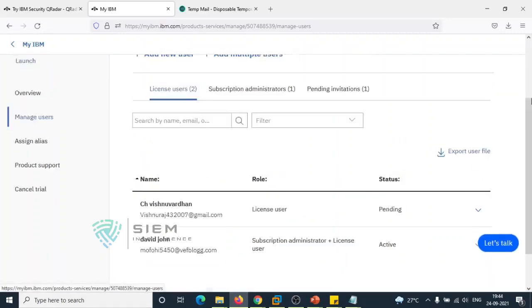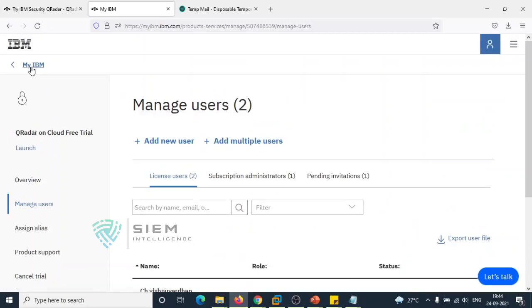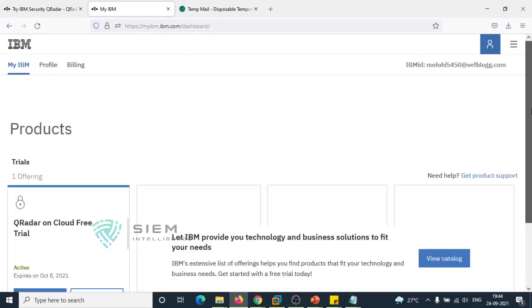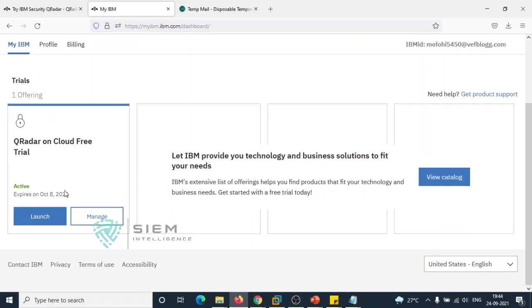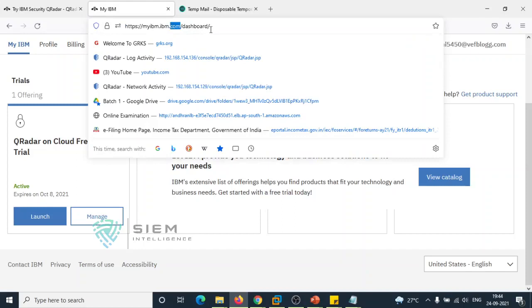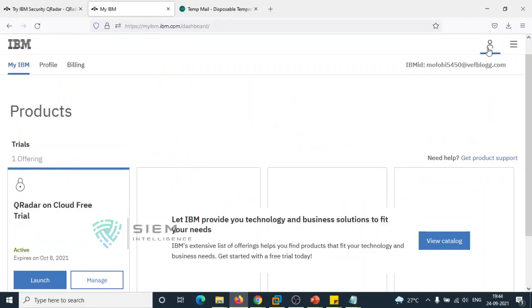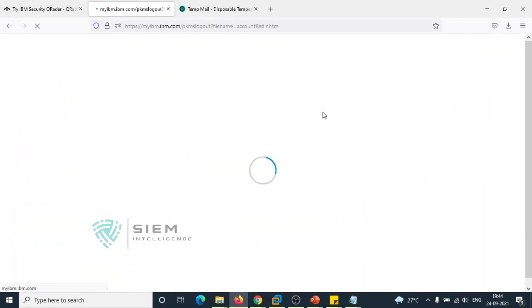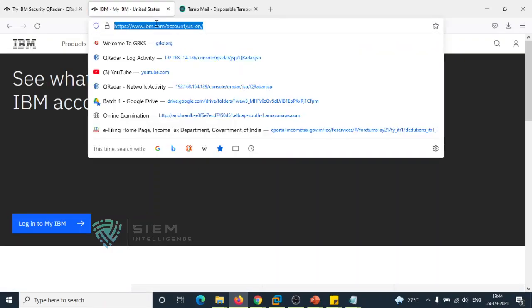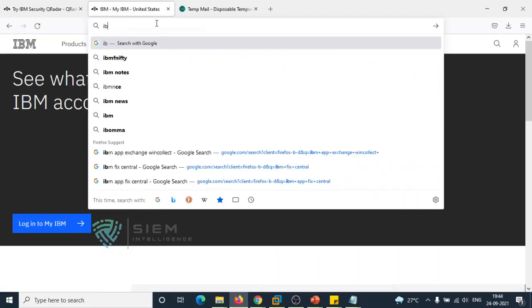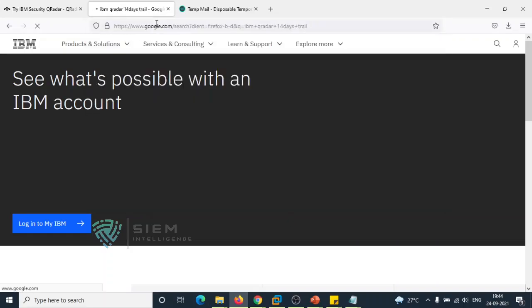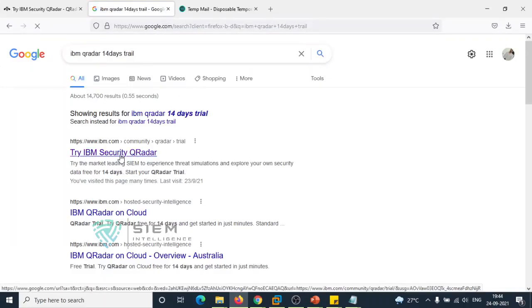Okay. So at the same point of time, if you go back to your IBM, see how to work out. So just do this, IBM start trial. I'll log out from here, then you can come to know how to log in once again. Till now we have added this particular 14 days trial here. So how to come back to this location? Again, you have to type something like IBM 14 days trial only. You will get again this link. Just click over here.